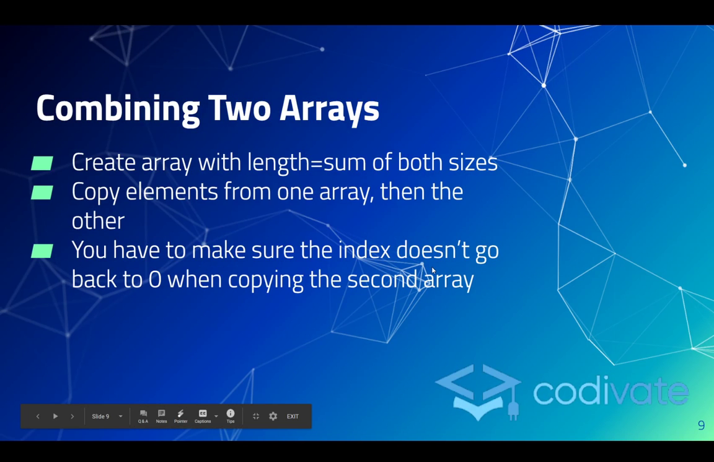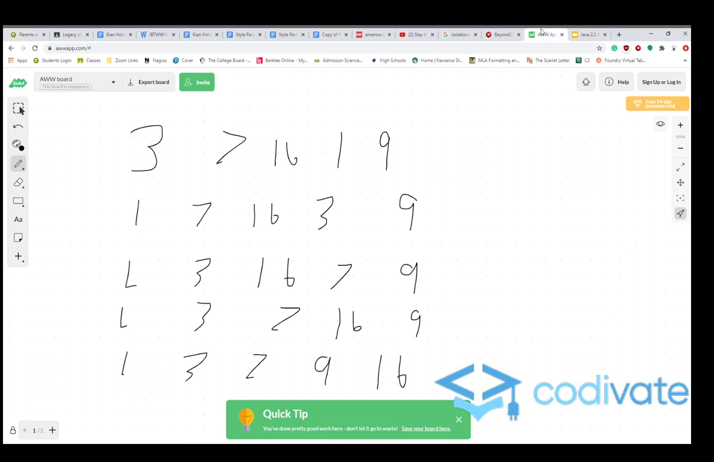Alright, now one last thing is combining two arrays. The way we would do this is you make a new array whose length is equal to the sum of both sizes of the other arrays, right? And then you just copy the elements from the first array over, pretty straightforward, and then you copy elements from the second array over. Now, the thing is, if I go back to this whiteboard,